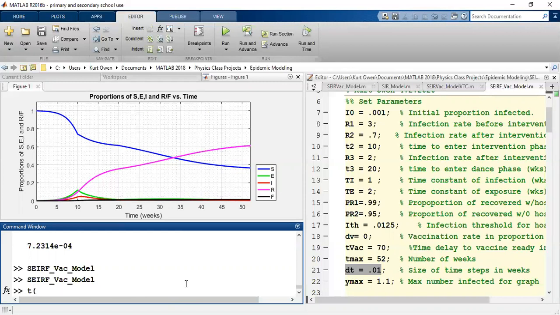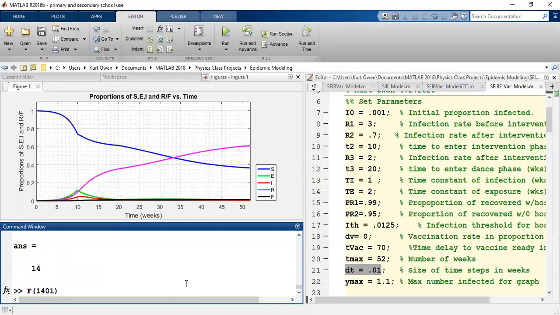In fact, we can check that out. We can say, what is the time at 1,400 steps? And you can see that it's almost 14. If we wanted it to be 14, we actually have to just add one more on. So if we use 1,401 steps into the model, we'll know what's happening at week 14. So the key number is when we're at 1,401 steps, we are at week 14. Now let's try to figure out what the fatalities are at week 14.